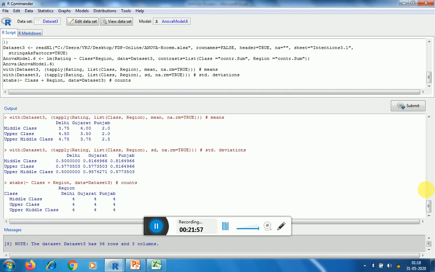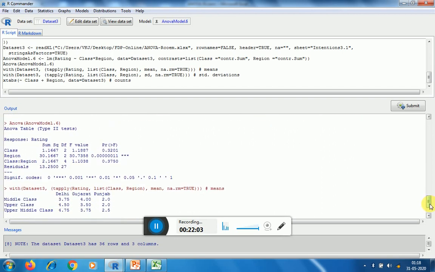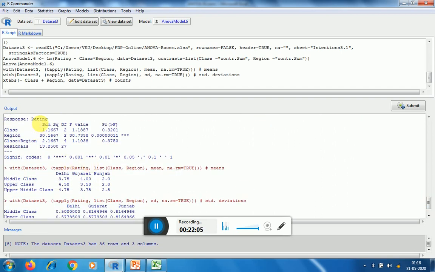So as soon as you click OK, you will get here, this is the output. Now in this case you can see that for class, then region, and then class and region.